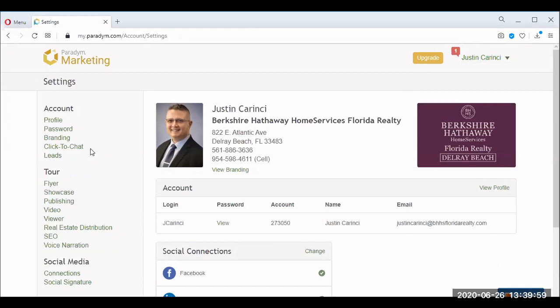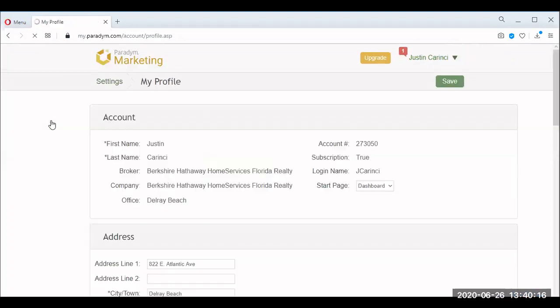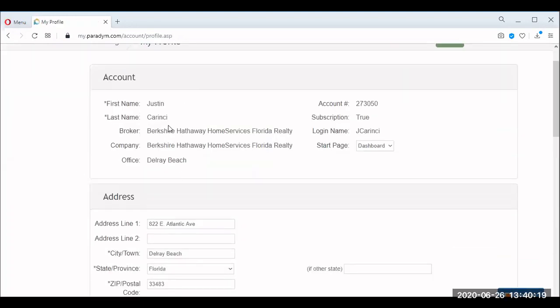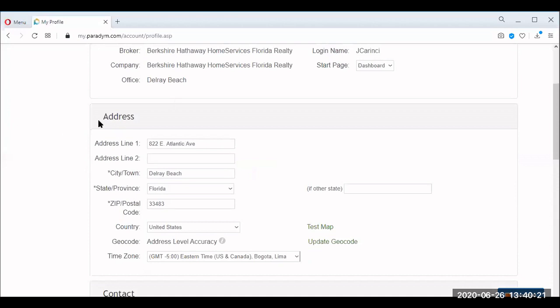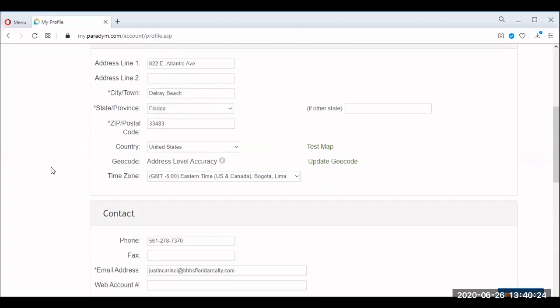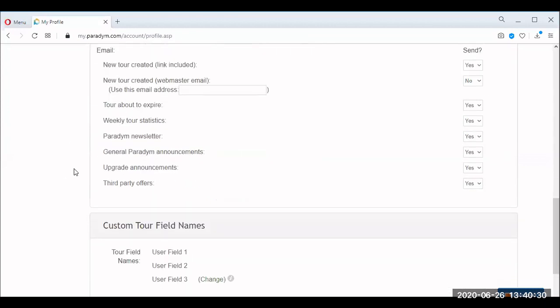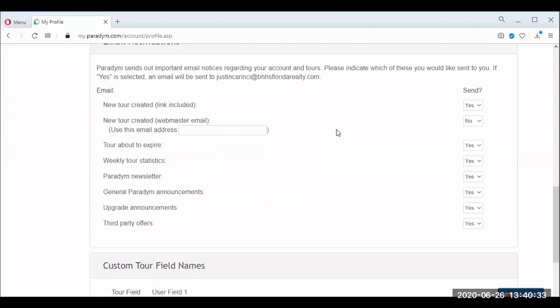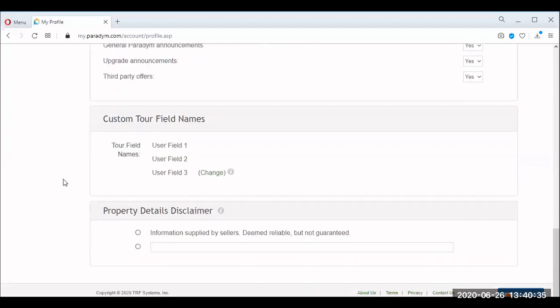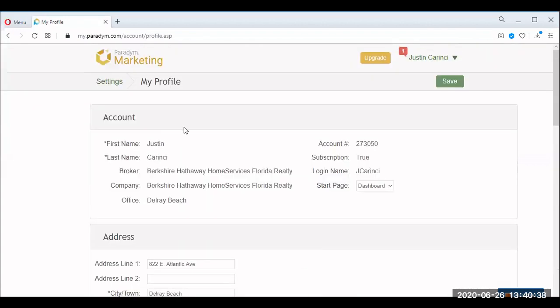I'm going to show you a couple of things that may be counterintuitive. So the first thing in settings, your first reflex is going to be to click on profile, because normally you click on profile and then you make sure that your phone number is correct and all that information is correct. But when you click on profile on Paradym, really, you don't have any access to edit any of that. You can change the address for the office, the contact information, but you really don't see a lot of things to customize in here. These are notifications and custom tour field names and whatnot, because all that information is under